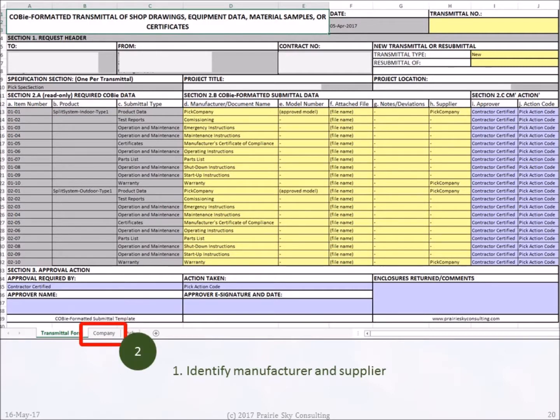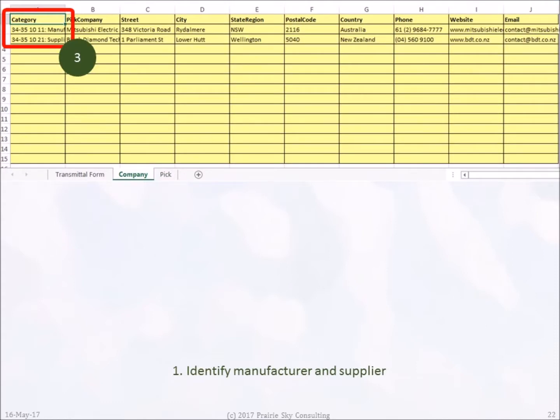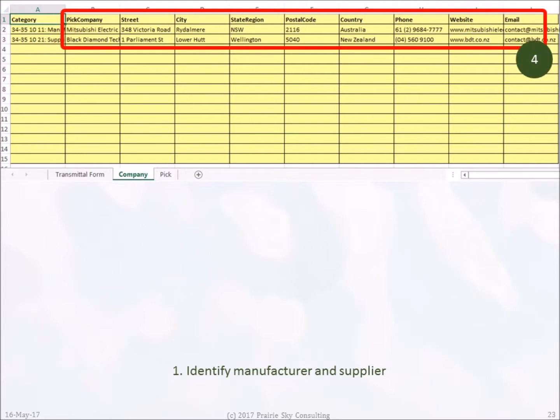To get our manufacturer on the list, we go to the Company tab at the bottom of the spreadsheet. In our example, we're showing you how to do this from scratch. For your project, the Company tab may already be filled out. Here's the blank sheet used to capture the manufacturer and supplier. If you had a COBie file listing all of the manufacturers ahead of time, this information would already be here. To add the company, we identify the category of the company as manufacturer or supplier,